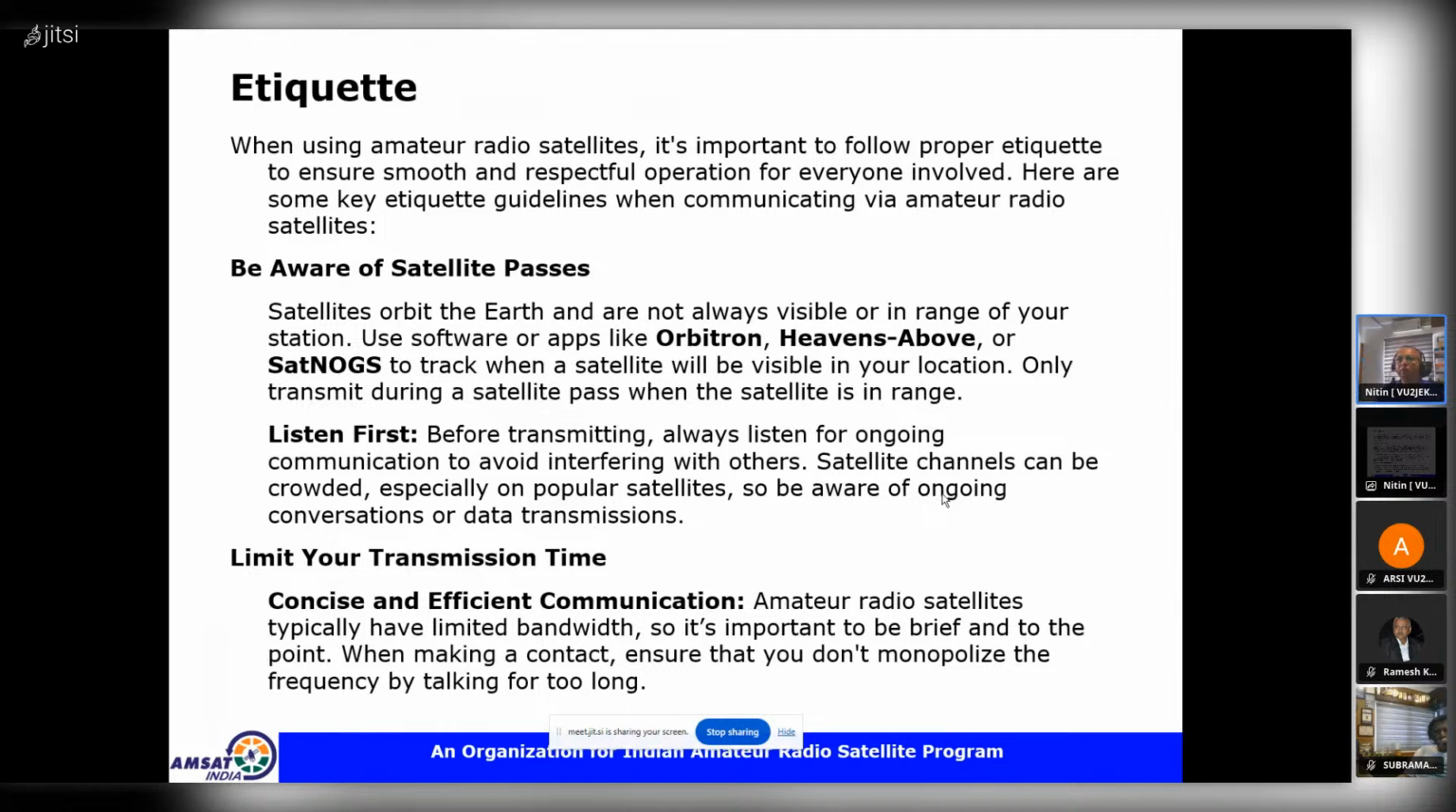And then listen first before transmitting. It's always important to listen for ongoing communication to avoid interfering with users. Satellite channels can be crowded, especially on popular satellites. So be aware of ongoing conversations or data transmission. But if you look at the activity here in India, yes, it is picking up. There are a lot of people who are active on the FM satellites. And also, if there are low elevation passes, you can hear many stations active from the Southeast Asian countries. So always listen first